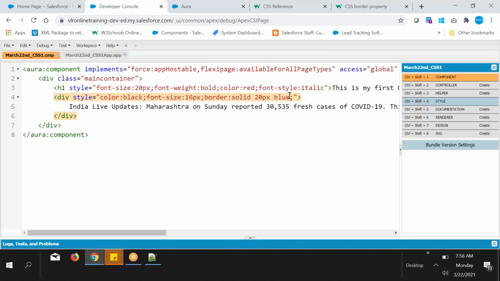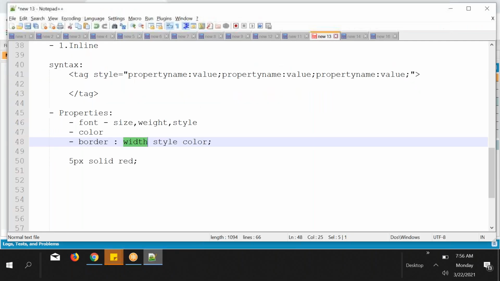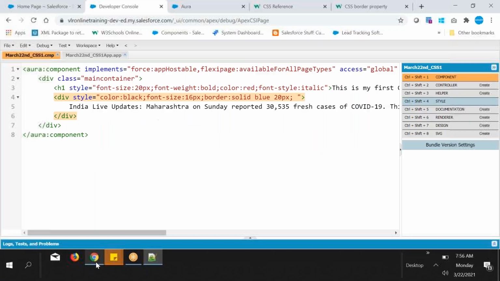Now put the color here also. I'm just showing the order. So just see here. Is there any order we need to follow? No order. That means you can give either style first, or color first, or width, and you can give width like that. So there is no proper order for these things, guys. But you need to define three: width, style, and color. If you want to define style first, then width, and then color, yes, you can. That is your wish, guys. Next.